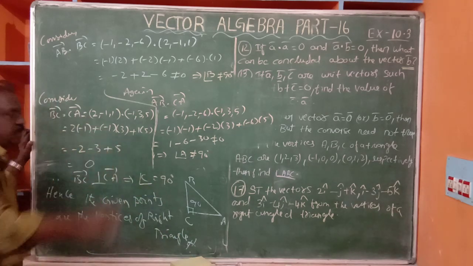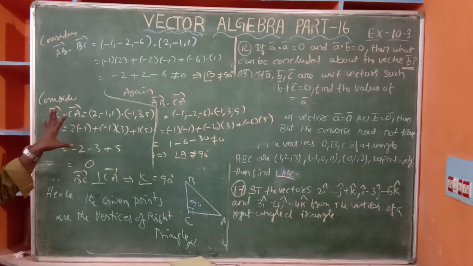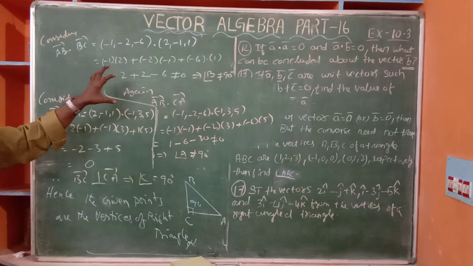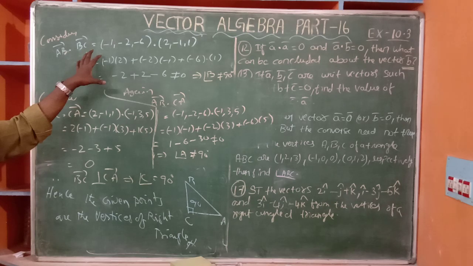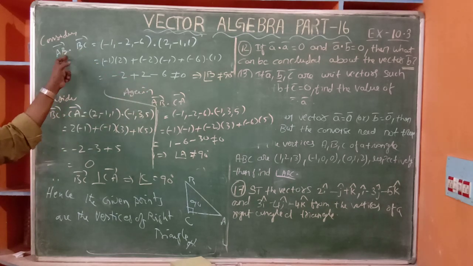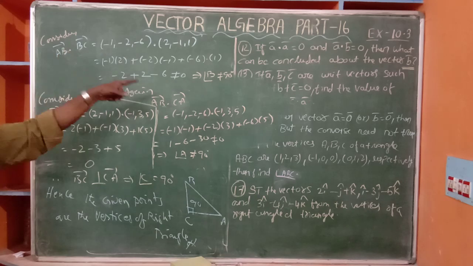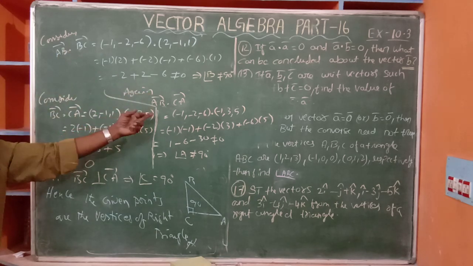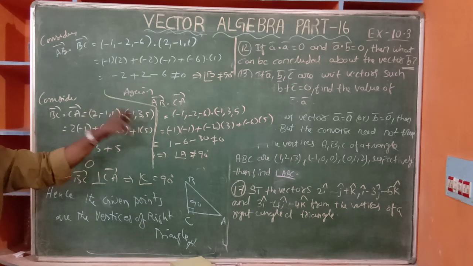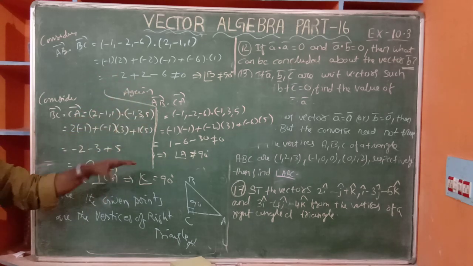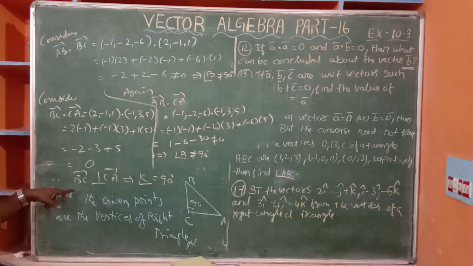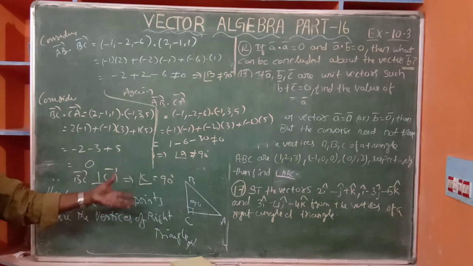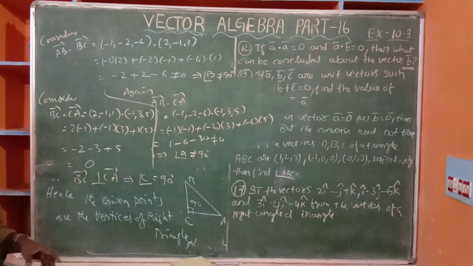Is it clear? Unnecessarily, I am taking this one. Don't feel like that. We have to prove like that. Here, AB bar dot BC bar is not 0. That means AB bar is not perpendicular to BC bar. That means B is not 90 degrees. Next, AB bar dot CA bar. We are proving that angle B is not 90, angle A is not 90, but angle C is 90 degrees. If any one of the three angles of a triangle is 90, then it is a right angle triangle. Like that we have to prove.